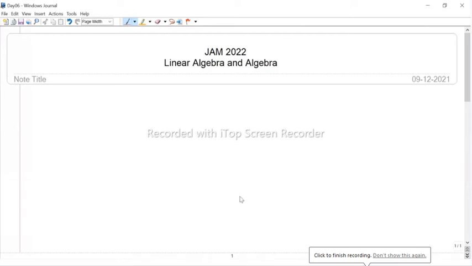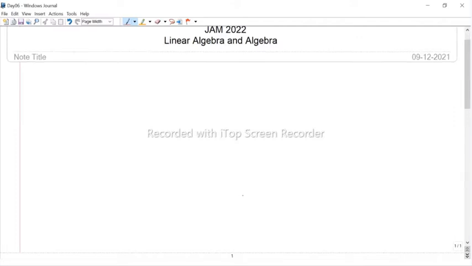The null space and then the nullity, and then the rank and nullity theorem, and then we studied the properties: rank of A plus B is less than or equal to rank of A plus rank of B, and greater than or equal to rank of A plus rank of B minus n. Okay. And then we discuss what is the characteristic polynomial.